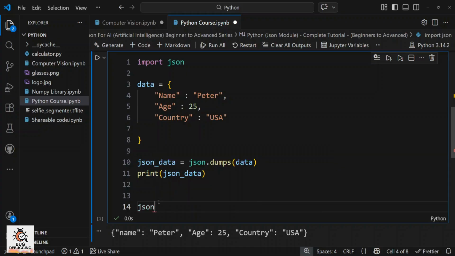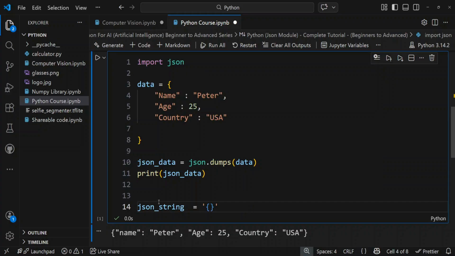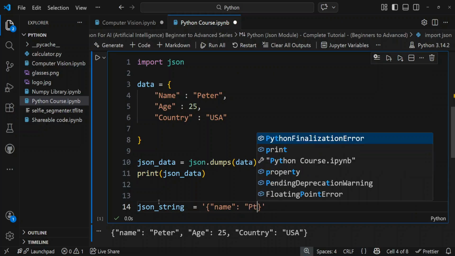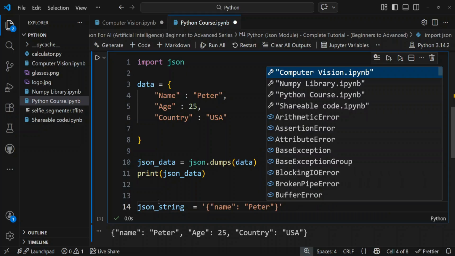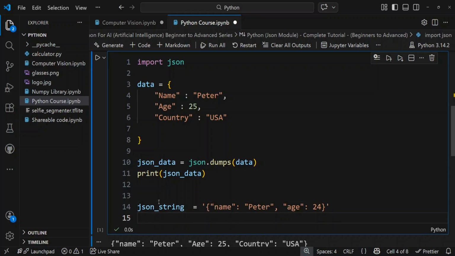Let's say json_string is equal to, now here we will simply create a JSON, that is, let's say Peter and age is 25 or 24. Now let's create another variable, python_data is equal to, now here we have a function,